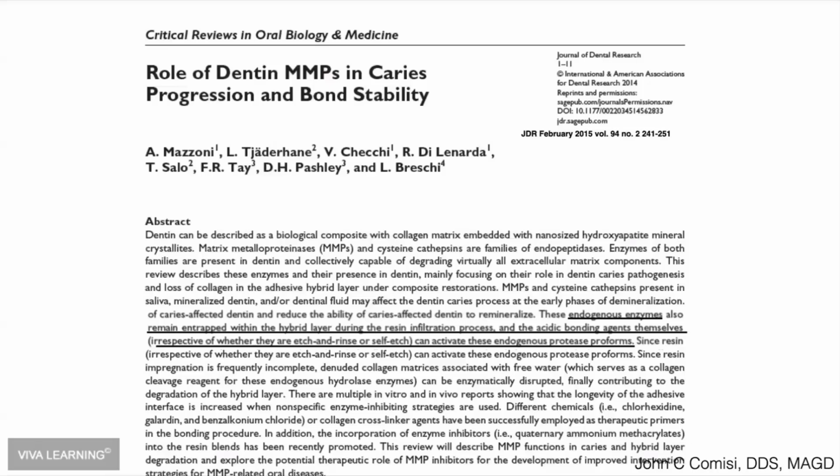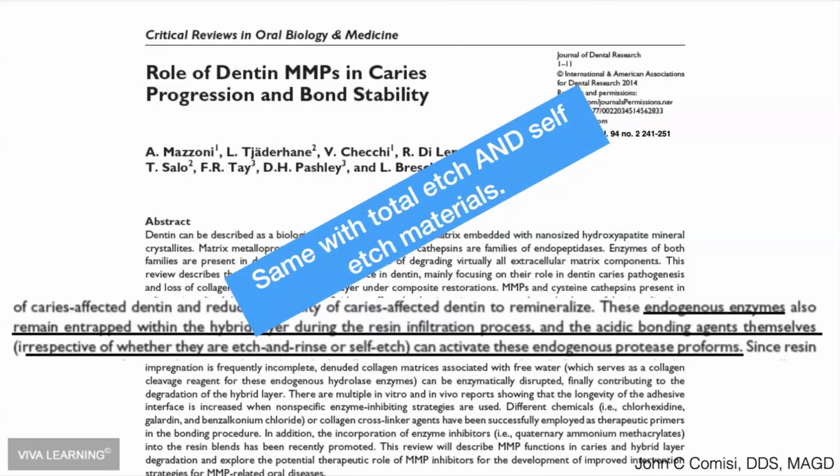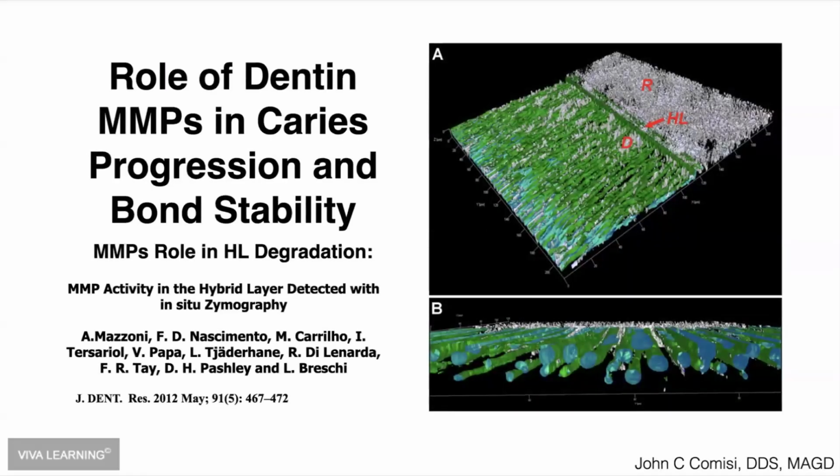It's the purpose of the odontoblasts to secrete these protective agents, and moisture and fluid from the pulp coming up from the odontoblasts is always going to be there. And again, that's one of the things. So both total etch and self-etch still create the problem and still activate the endogenous degradative processes that are going to occur over time. And again, same thing with this seismographic image that you see here.